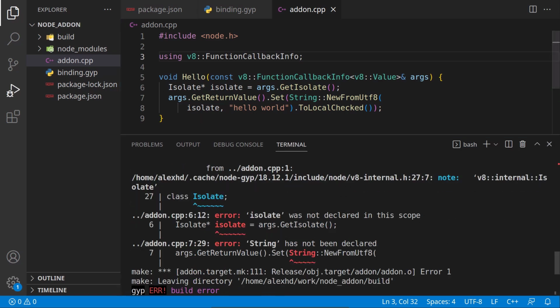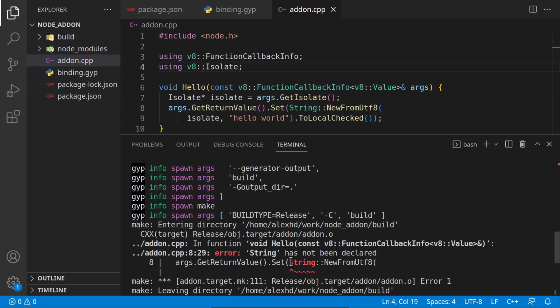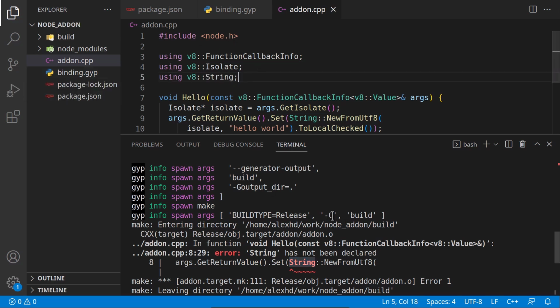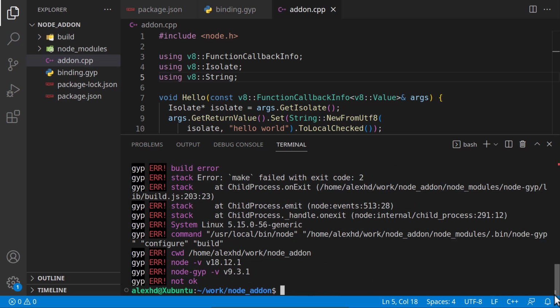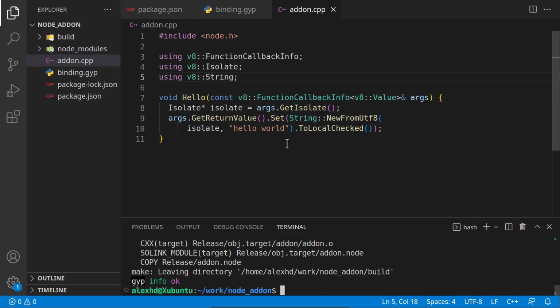All right, it needs to know what Isolate means. Okay, let's try it one more time. Oh yes, and now it doesn't know what String is. No problem. We will also be using this v8 library with a String. One more time. And finally, our build is done, but we are not ready yet in order to use this